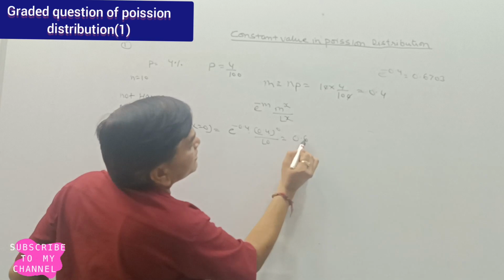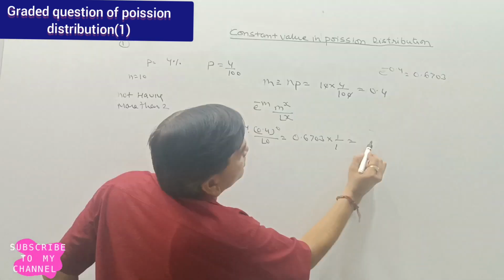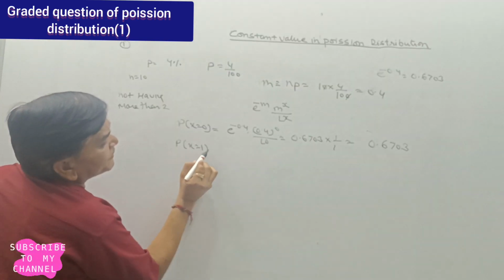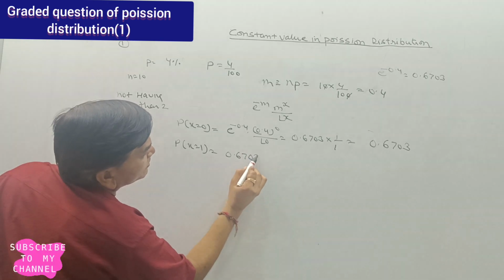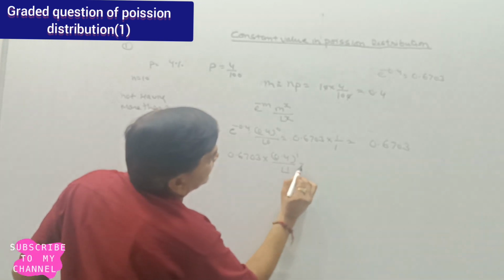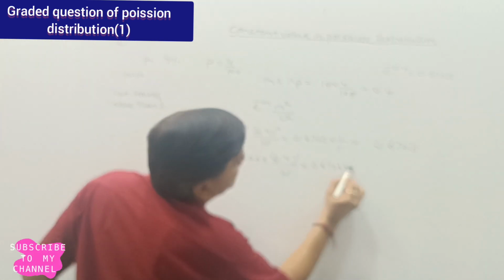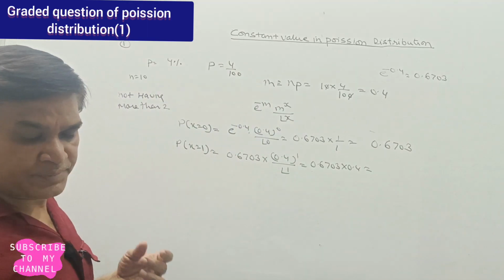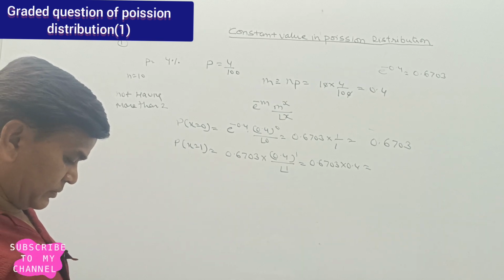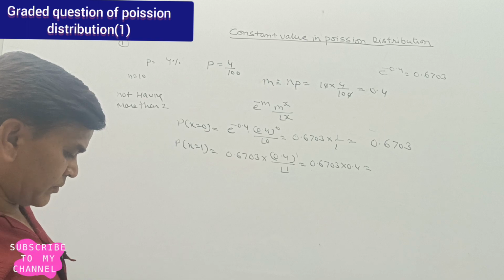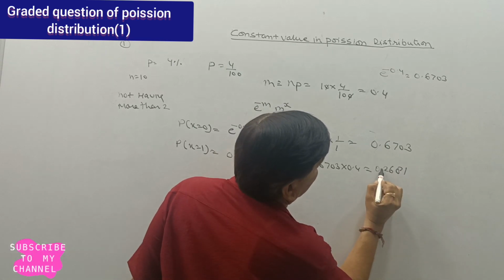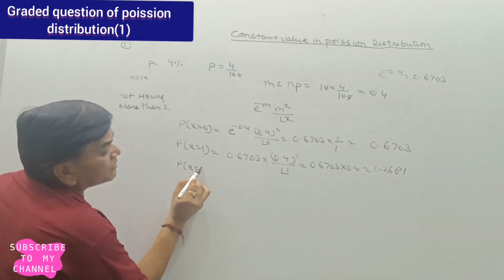So this is 0.6703 multiply 1 upon 1. So first one is 0.6703. P(x equals 1) defective is 0.6703 multiply 0.4 divided by 1. So that is 0.6703 multiply by 0.4, which is 0.2681. And probability of getting 2 defective,